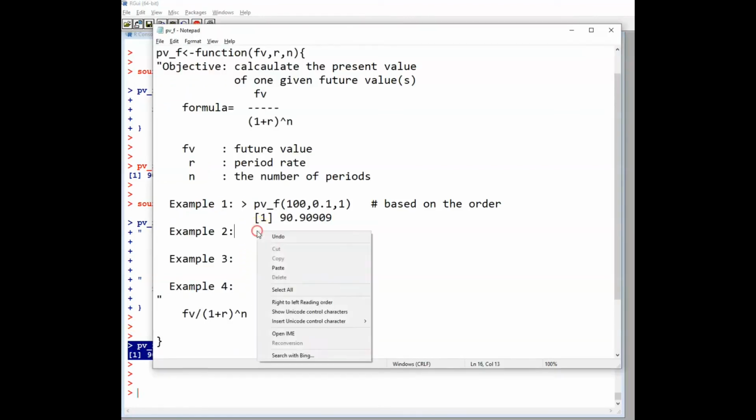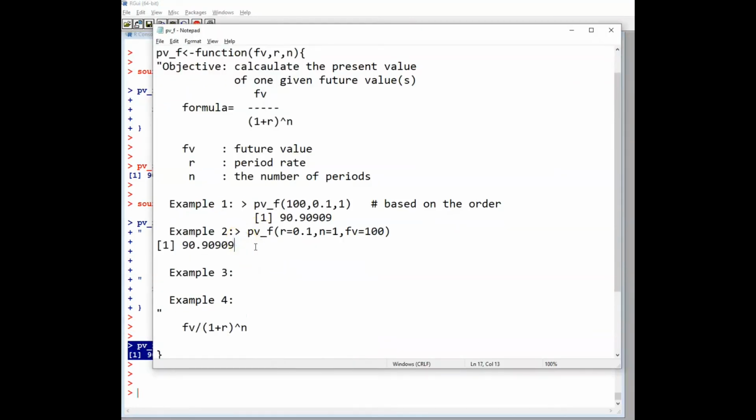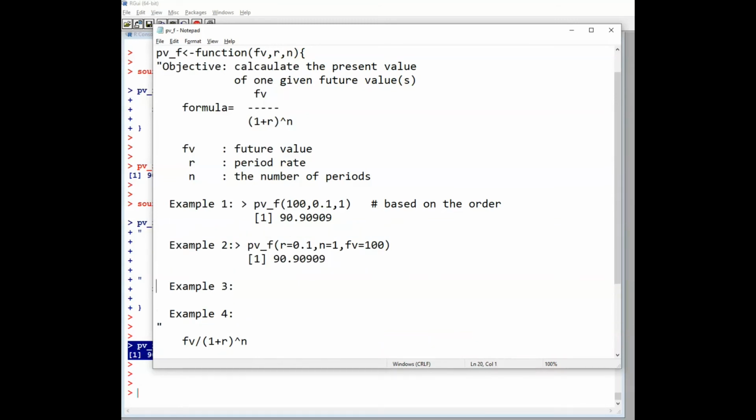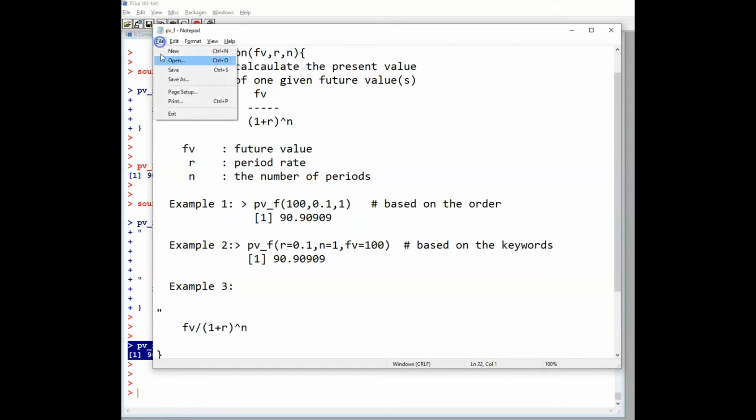And I deliberately chose the same values. Okay, so this is what I call matching based on the keyword. Another one is so-called, I'm going to save it. And another one is,